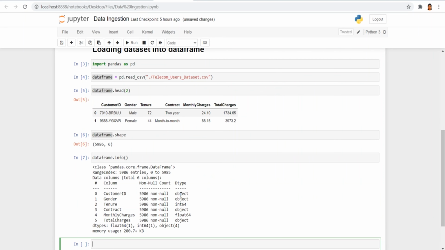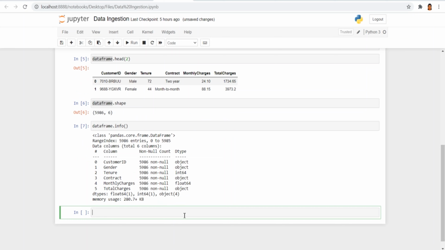Customer ID is a string type, gender is also string type, tenure is integer, contract is string, monthly charges are float type, and total charges is string type. Each column has a different data type, and in our database table we can either keep the same data type or change it as per our requirement. For this data ingestion, we'll keep the same data types as our data frame.